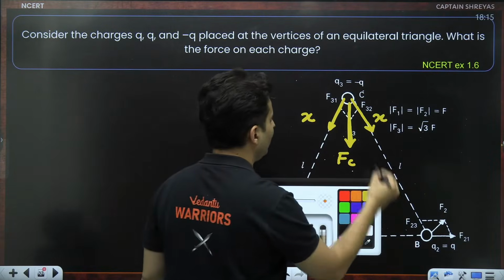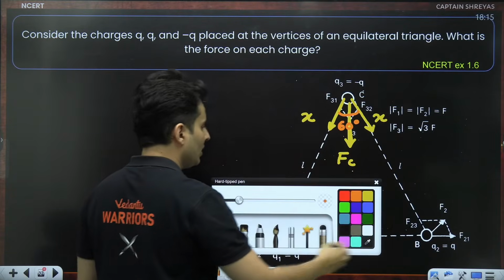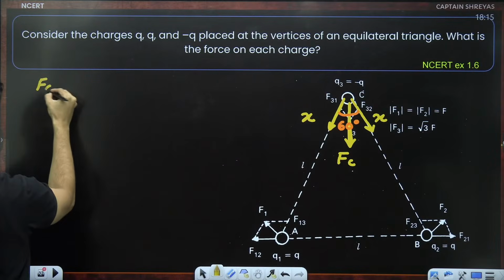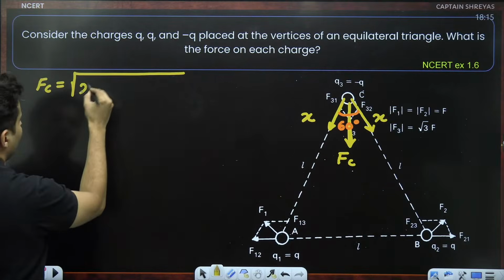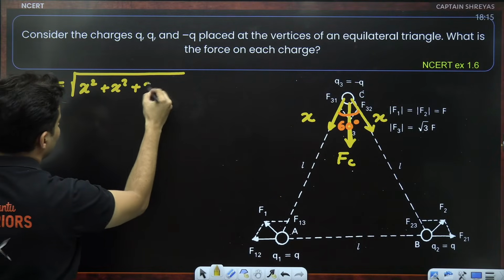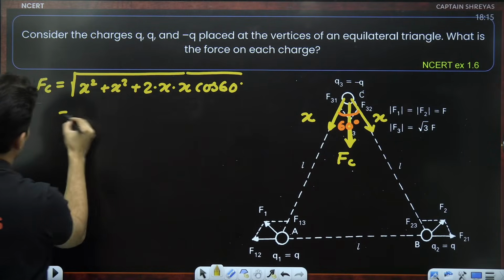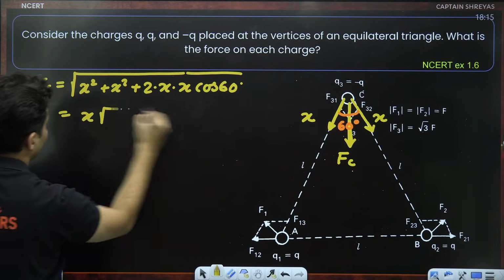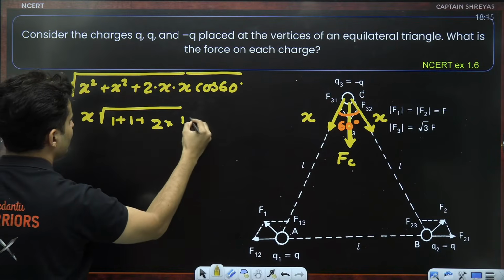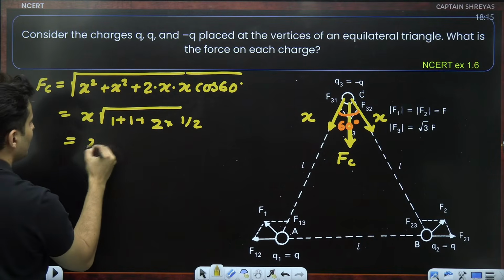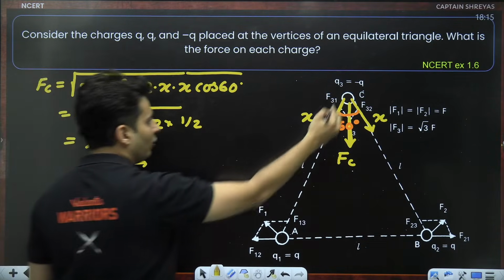And remember, the angle between them is 60 degrees. This is an equilateral triangle. So I can say FC is nothing but root of A square plus B square plus 2 A B cos of the angle between the two vectors. X will come outside. I have one remaining here, and 2 cos 60 is basically half, 2 into half is 1. So 1 plus 1 plus 1 is root 3,